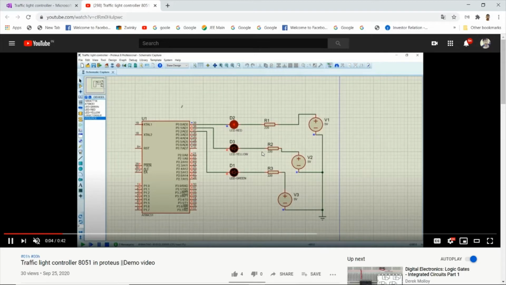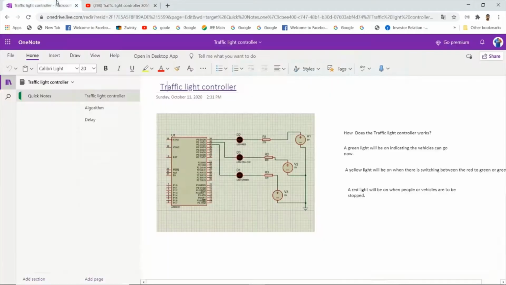This is the demo. First, the red light has to be on. Maintain the state for 10 seconds. Now the yellow LED is on, indicating there will be switching from red to green soon. Now this has happened. Maintain the state for 10 seconds. Yellow LED on. There will be switching after 5 seconds. Now there is a switching. Okay, this is the demo, how it works.